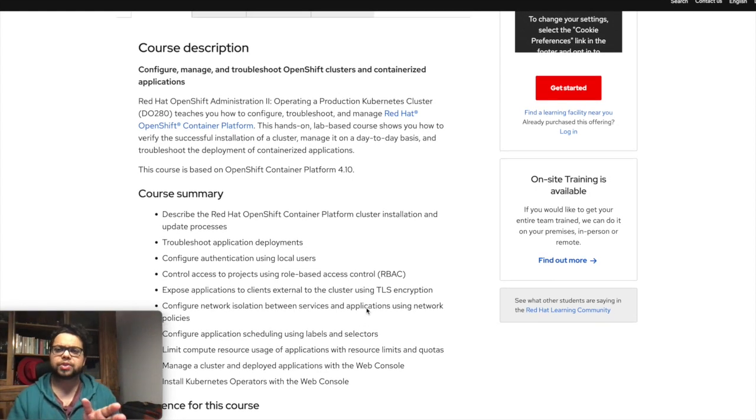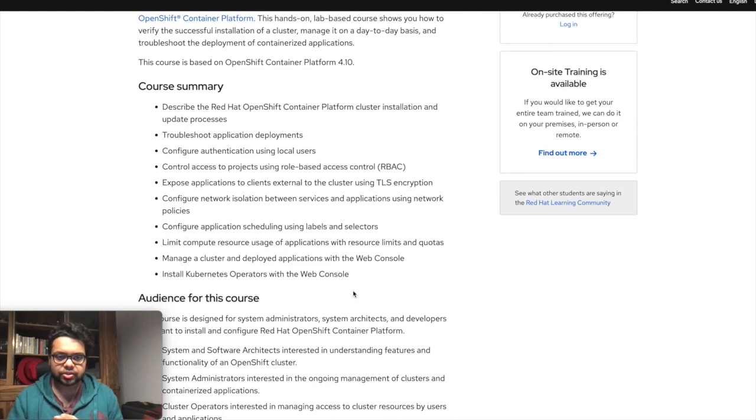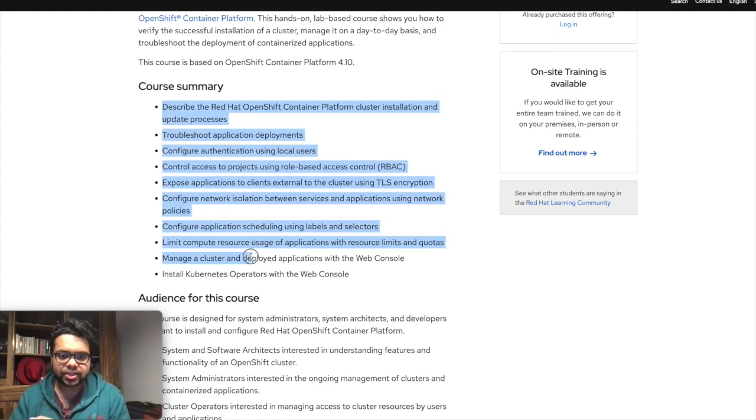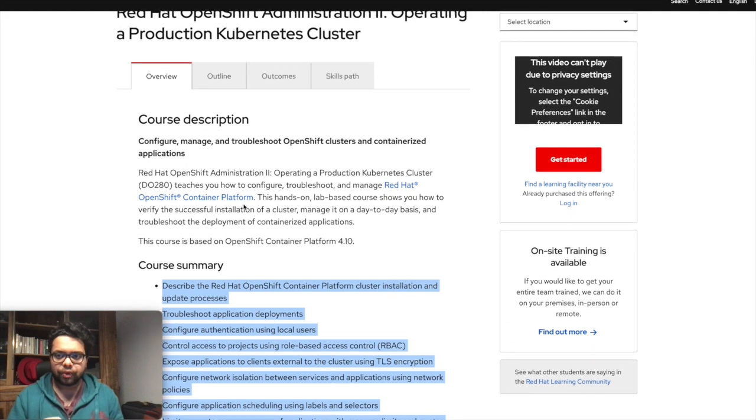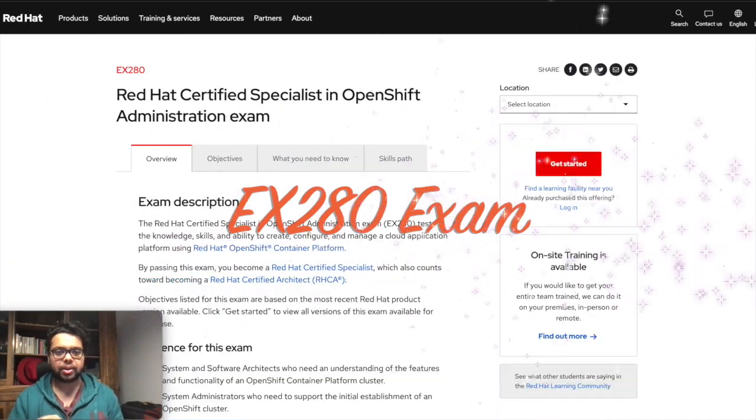Total number of chapters, which I recall, are I believe 8 chapters, which is described over here. Each summary is made into a particular chapter along with exercises, which makes it really easy. So you study one chapter and then you practice the lab. That's really helpful. Once you complete this entire course, my recommendation would be to definitely appear for this exam,